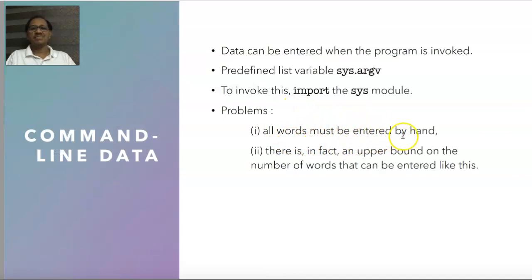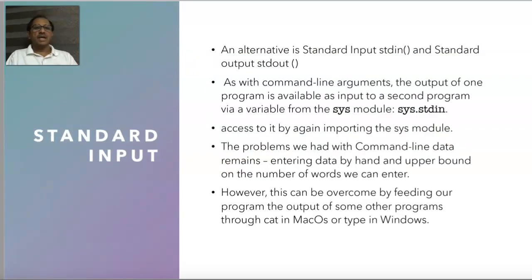What is the problem? The words have to be entered by hand and the number of words has to be given. So let's see what we can do. An alternative that looks like command line input, and gets around some problems we found in the command line, is to use standard input, stdin, and the program output can be called standard output, stdout. And as with command line arguments, the output of one program is available as input to a second program via